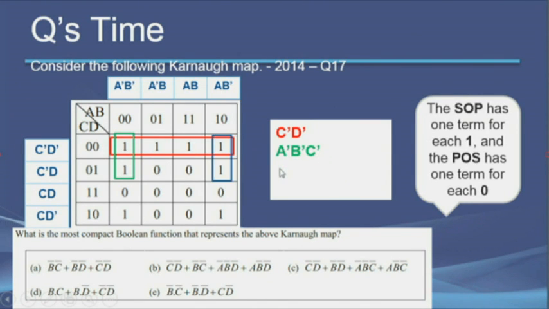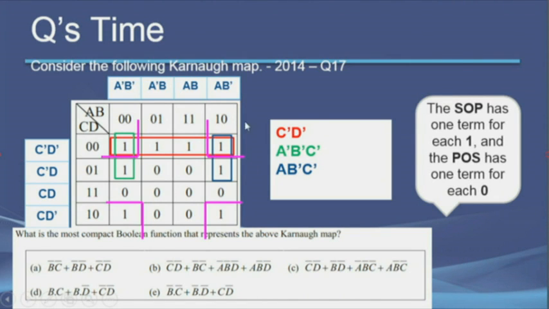So, then the other group, same theory applies. A, B bar is common and C bar is common. Then look at this one and this one. You can have no two groups or four groups here. But be careful, this is a very tricky part. Always examiners try to examine this knowledge. If you have ones in corners, you can group it like this. You can group it like this.